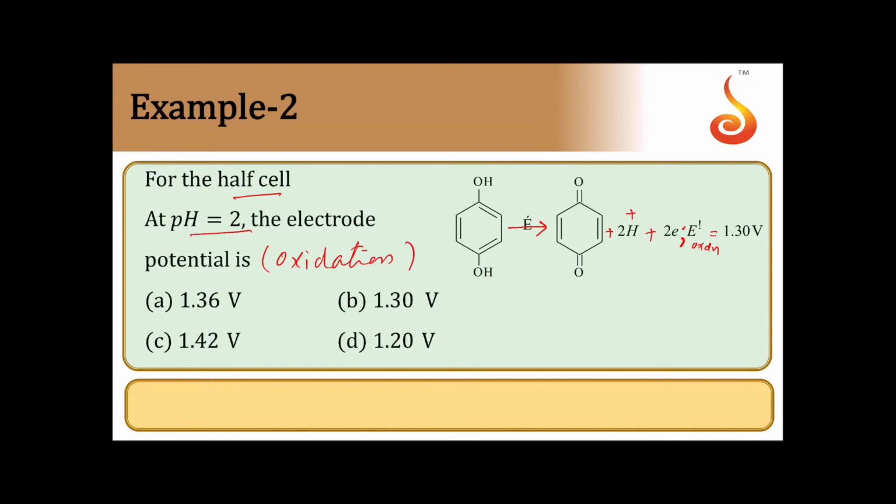Normally we represent this as QH2 and Q. Right, let us solve the problem. Here we need to first write the cell reaction, that is, the half cell reaction, and then apply the Nernst equation for that. One point to be remembered: a quinhydrone electrode contains an equimolar mixture of quinone and hydroquinone, so the concentrations will not appear in the expression. It is a saturated solution of those two components.